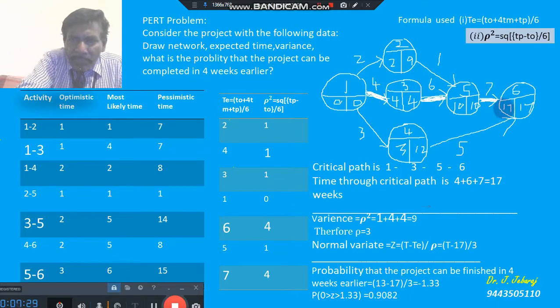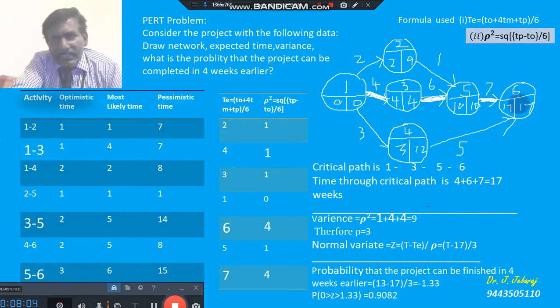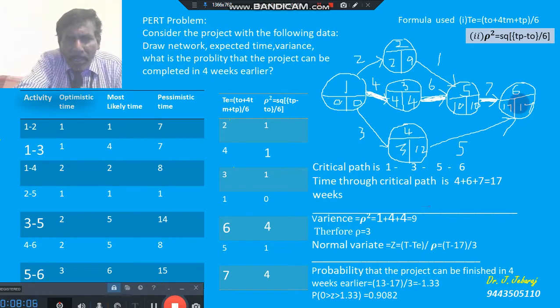Now the same earliest time you write here as the latest time, 17 weeks. Then we have to subtract and write in the corresponding places. 17 minus 7, 10, 17 minus 5, 12, then 10 minus 6, 4, 17 minus 7, 10, 10 minus 1, 9, 17 minus 5, 12. So this has latest time and earliest time, this has latest time and earliest time, this has latest time and earliest time, but this doesn't have.